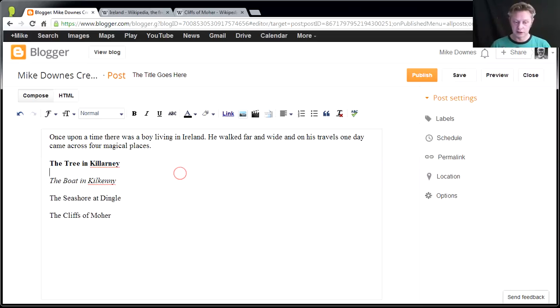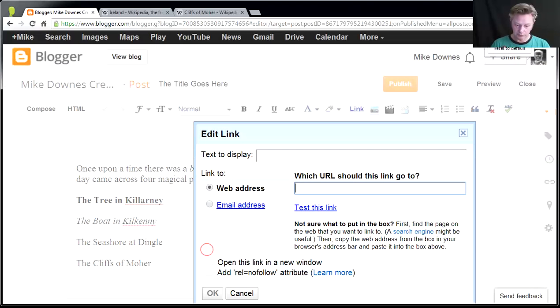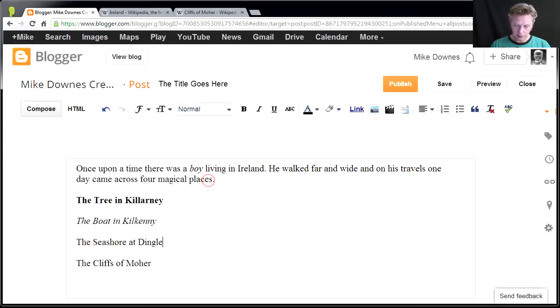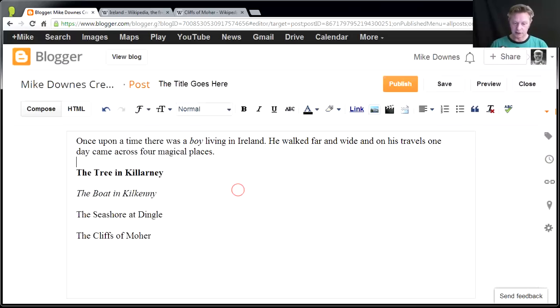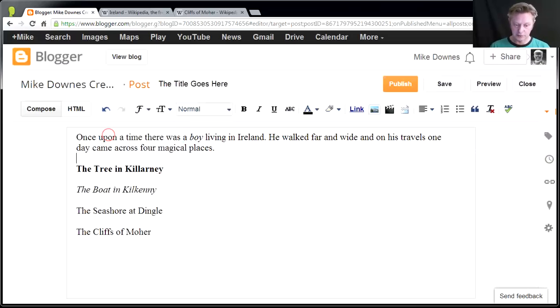flow of the sentence. So if I did something like, once upon a time there was a boy living in Ireland, and if I said something like, once upon a time there was a boy, let's just go in a bit. Oh, sorry. No, I'm apologising. So can you see that you've got boy in there, and you can see that the way that once upon a time there was a boy, does it really break your reading speed of that sentence? I think it does. So if you like, I can just highlight a piece of that, and I can say